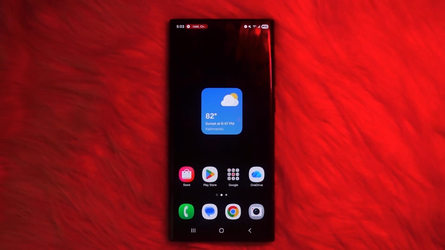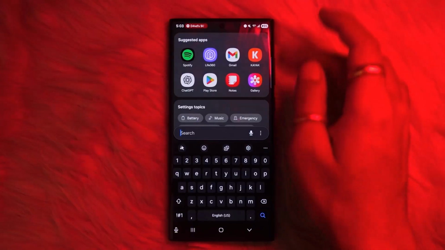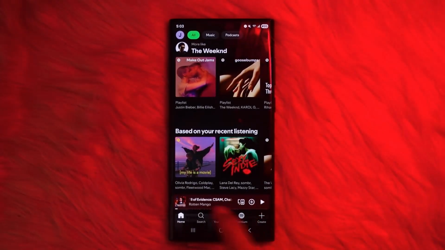Hey there guys, welcome back to another video, and today I'll be showing you how to make Spotify remember where you left off. Usually the Spotify application automatically backs it up, but if you don't find it on this now